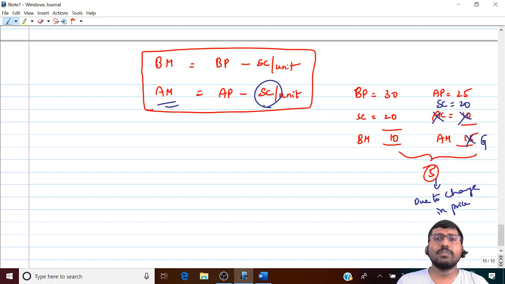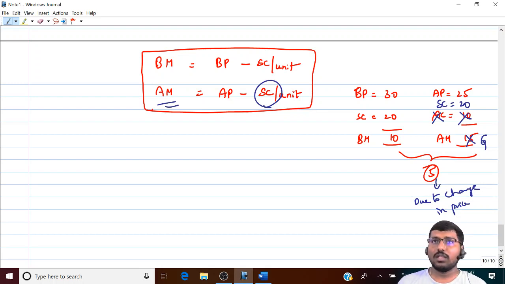Yes, but here the purpose is different. My purpose of calculating sales variances is only to find out the effect of a change in price or a change in quantity sold on my actual profit. To find that effect, my cost should remain constant. Only then will I understand what has happened because of sales. If cost also changes, then it will be because of a change in both sales and cost, and my number will not be useful for me. Got the point?